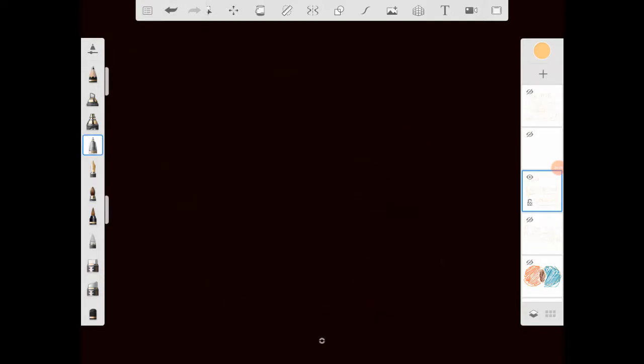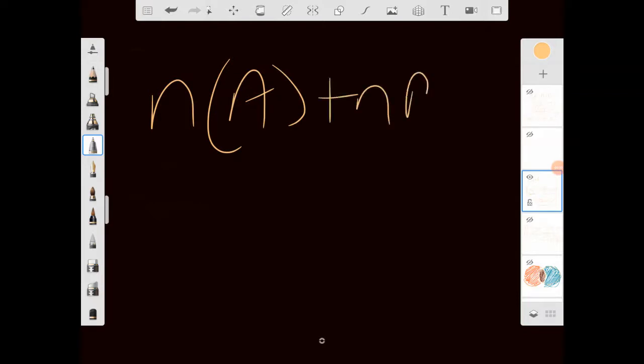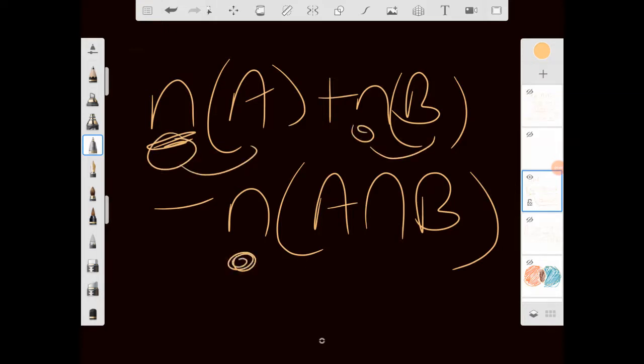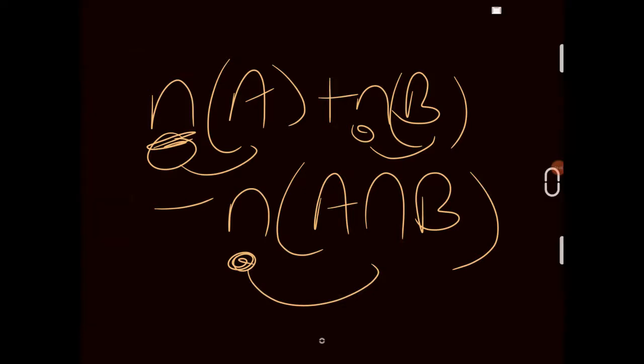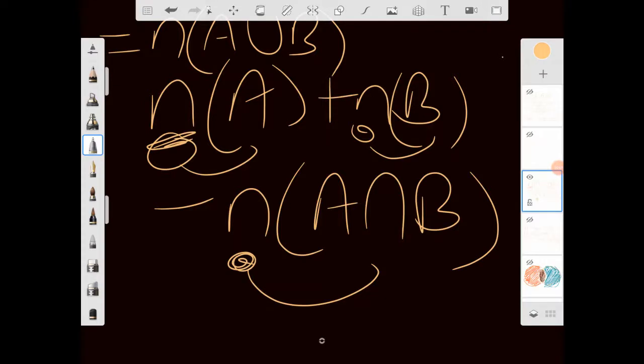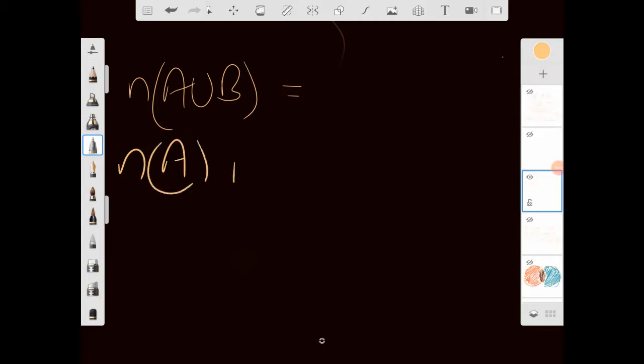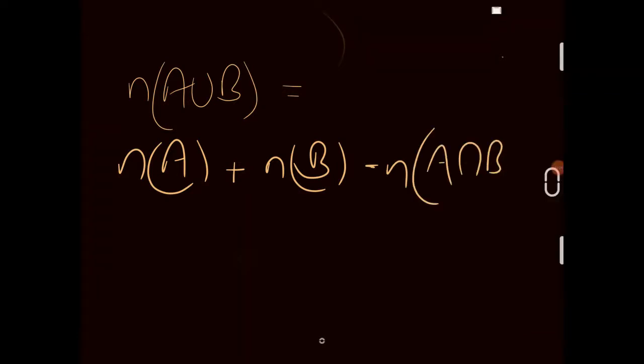In the book it is given n of A plus n of B minus n of A intersection B. What n means is the number of elements in A, the number of elements in B, the number of elements in A intersection B. This total is equal to the number of elements in A union B. As per your book, let me write it again: n of A union B is equal to n of A plus n of B minus n of A intersection B. This is what is given in a textbook,